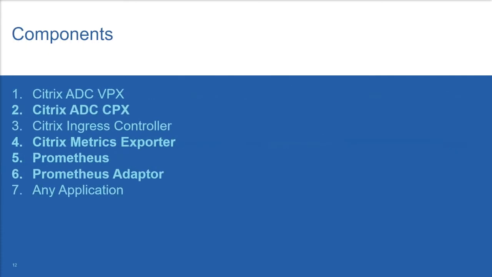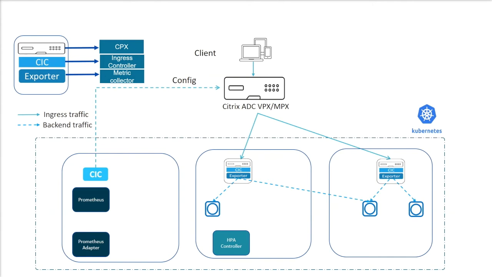Before we get into the demo, let's have a quick look at the topology and the role of each component. Here's a list of components that we'll be using for the demo. Let's understand the role of each component by mapping it to the topology present here. We are deploying a two-tier model of Citrix ADCs. The tier 1 VPX is load balancing the CPX deployment, and the CPX pods in tier 2 are in turn load balancing the application. A Prometheus, Prometheus adapter, and an HPA controller for the CPX deployment are also being used.